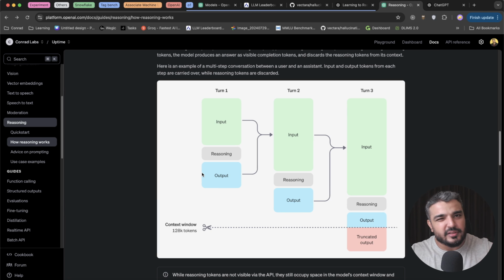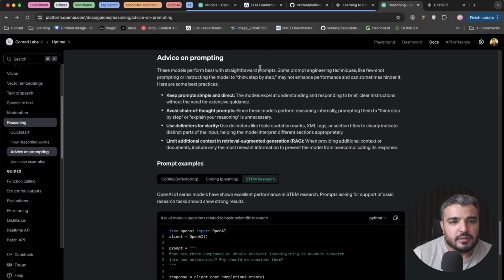So that's basically the whole chain of thought stuff that OpenAI is preaching. So at every single step, what do you need to know? For every prompt, it would generate those reasoning tokens. And once you're done with an output, that output would become a part of the context, which would later be used by upcoming prompts. And they go an extra mile in giving you advice on prompting, like